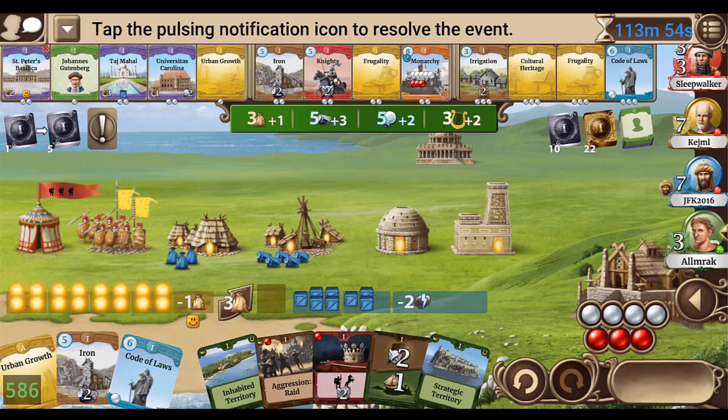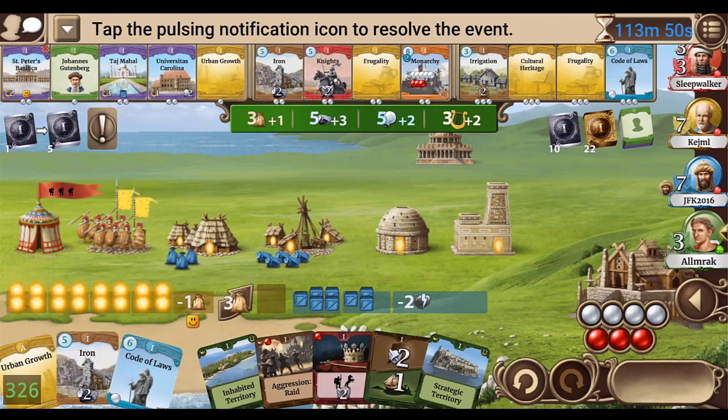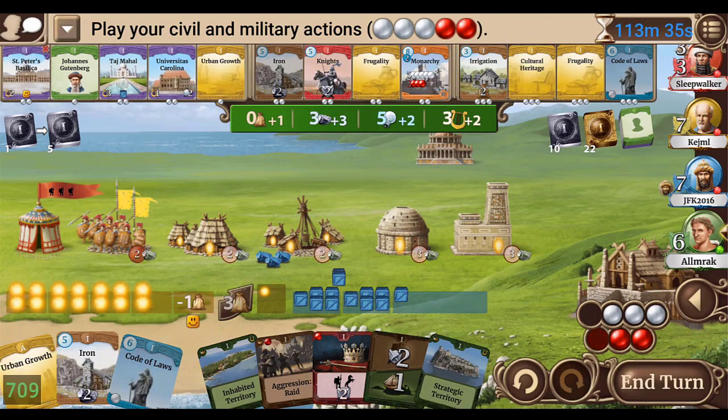No, I definitely take the population over the food. What does 2 science do for me right now? I don't think it does a lot. I think I like the population better. And then we increase again. We become... Yeah, does this even help us? Does it even help to become...